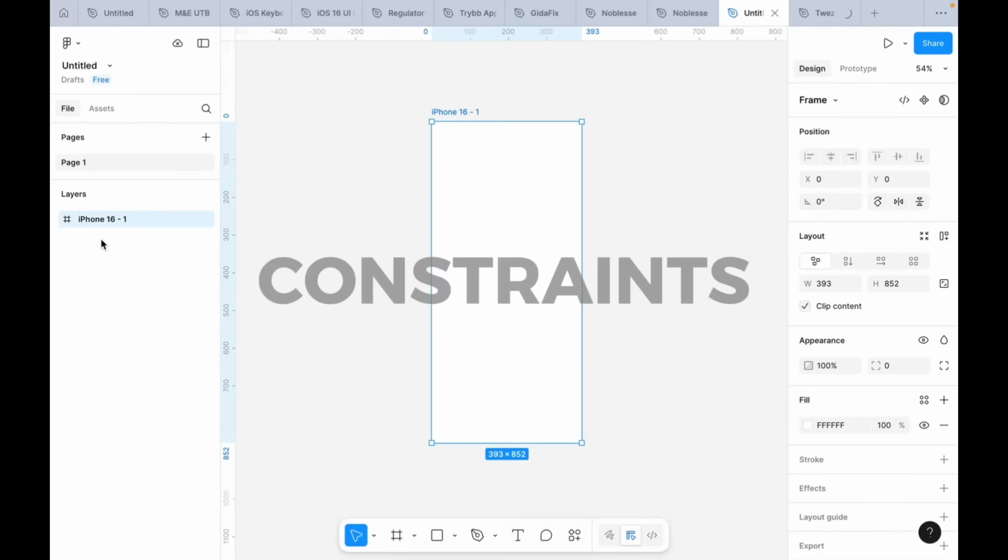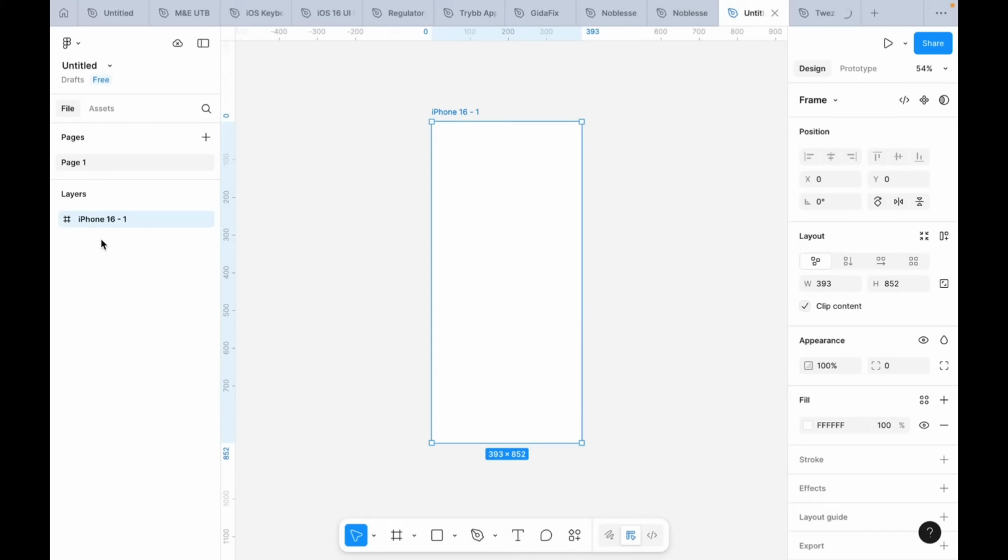Now let's talk about constraints. Constraints is where your layout starts becoming responsive. Constraints tell Figma how elements should behave when they are placed inside the frame and then the frame is resized. So when you place an element inside this frame and you resize the frame, constraints help Figma understand how to behave when you resize this frame. For example,